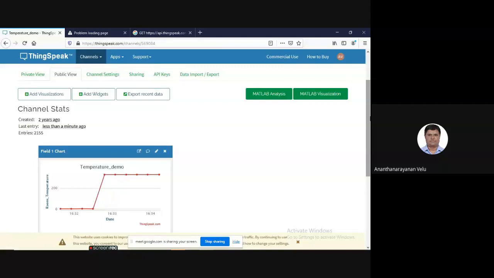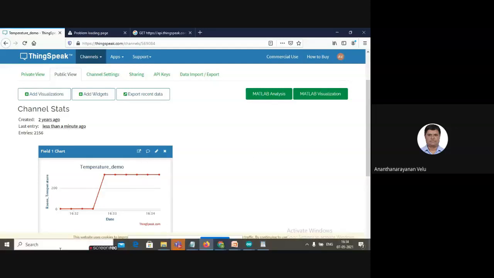I hope now we have integrated our end device with the hardware. The end device is perfectly able to push the data every 15 seconds. And you are right.